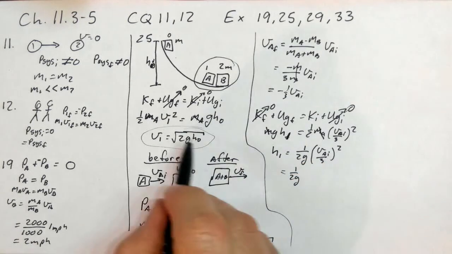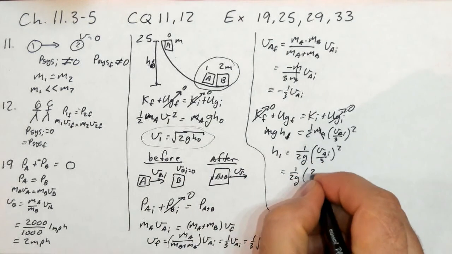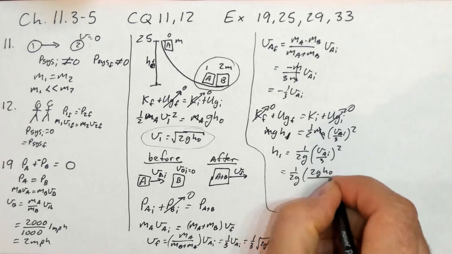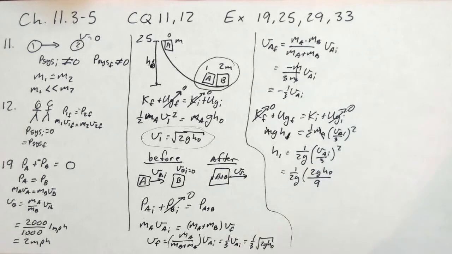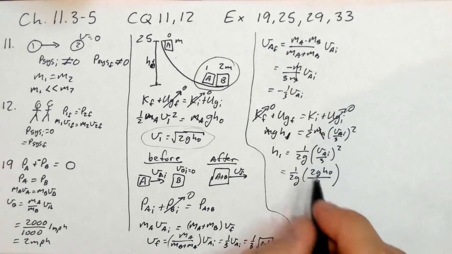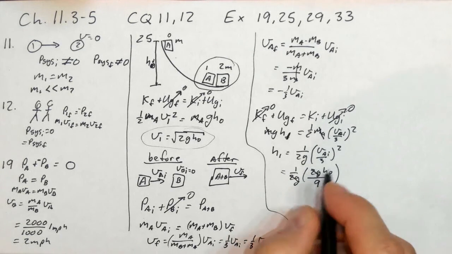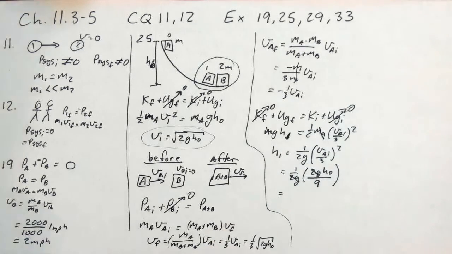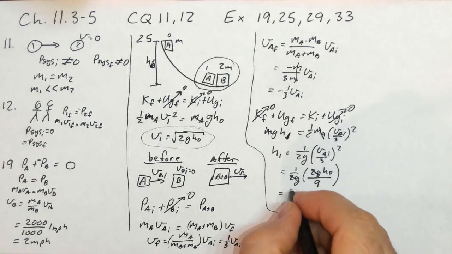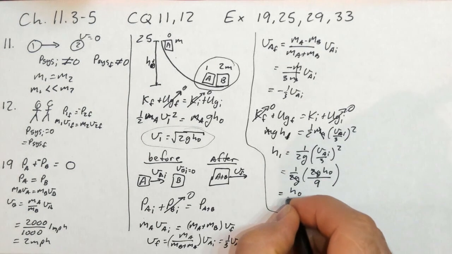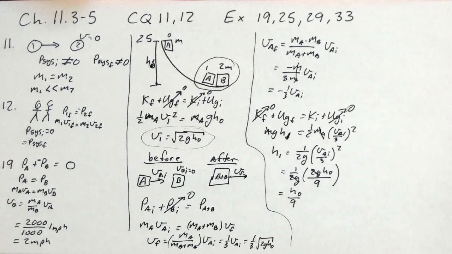1/2G. Okay, squaring that one gives us a 2GH0. Squaring the 3 gives us a 9. Okay. See, the 2G's cancel out, and we get an H0 divided by 9. So it goes up 1/9 its height. Okay. Because the height is linearly proportional to the kinetic energy, but the kinetic energy is proportional to the square